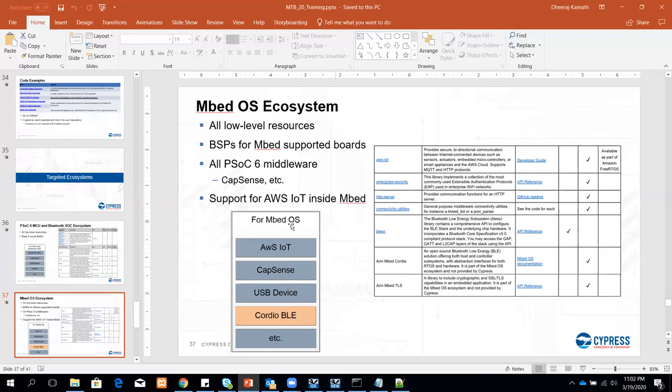Some of the libraries like Cordio BLE are not provided by Cypress, but are supported on our device. This might seem confusing because we have a separate ecosystem for AWS, but Embed OS allows libraries to talk to the AWS cloud, and we have libraries for that inside of Embed, which you can use.